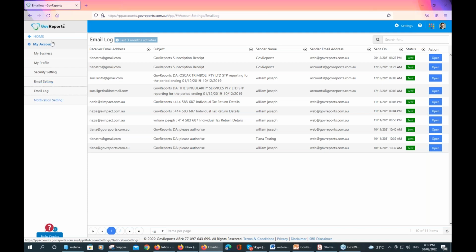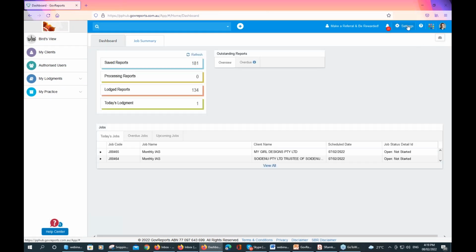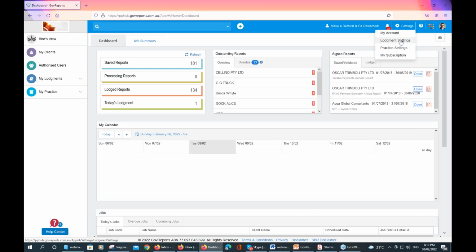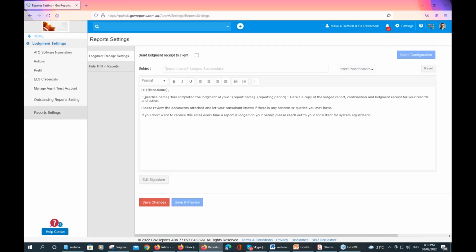Okay, and other things after you've got the account settings done, one of the settings that I like to set up as well is the lodgement settings. When you prepare and lodge something for your clients, you can set it up so that it automatically sends a lodgement receipt, especially for activity statements, or for those companies that do. I don't think we do company tax returns here,